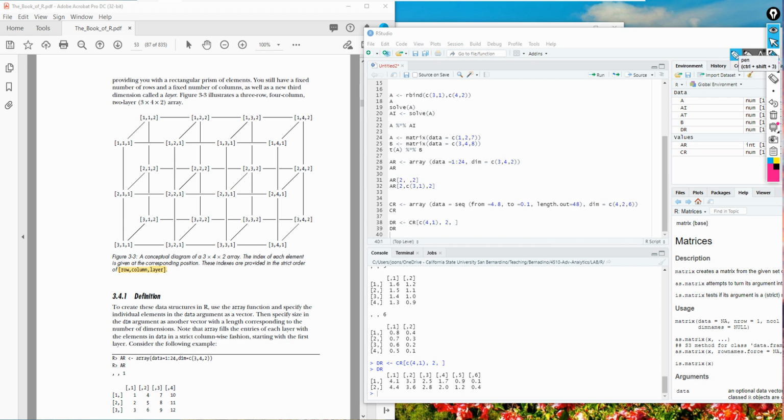Although it's not this matrix, the CR matrix is not like this. You should be able to visualize this. Let me show you. It says the fourth row and the first row, and then the second column of all the layers, right?